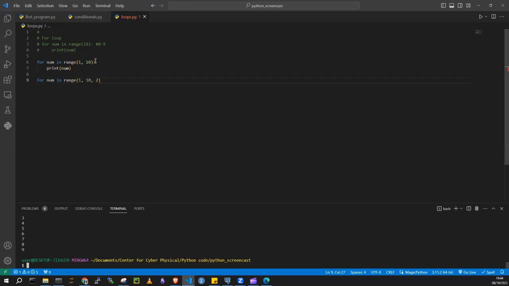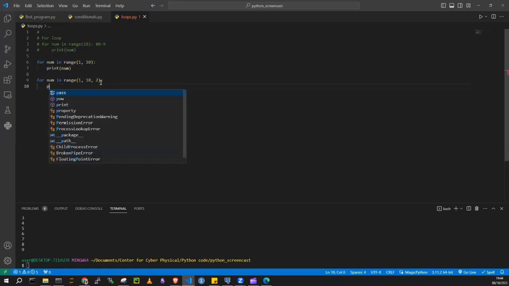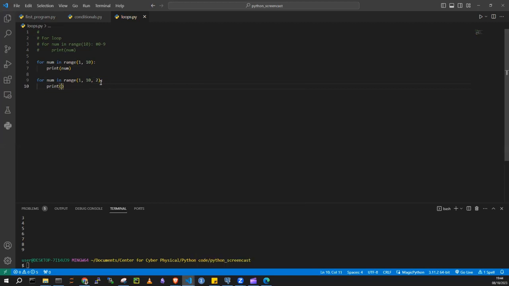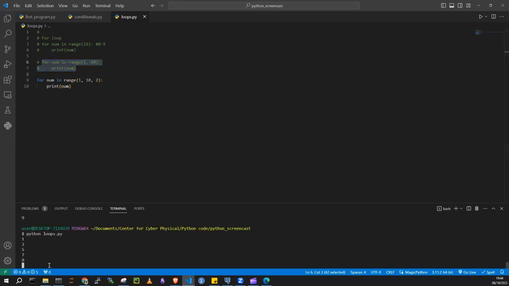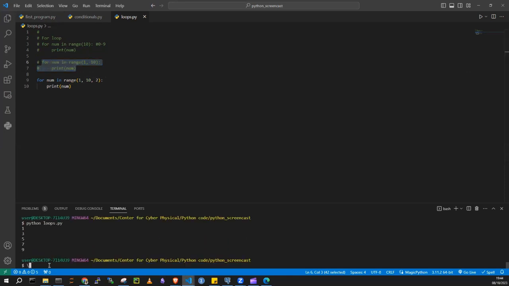Let's see. And I will comment this out, right? And okay, I forgot to put the colon and then enter. Remember the indentation or a tab space. And then I say print num. And then I'm going to comment this out, and then I'm going to run it again. And let's see. 1, 3, 5, 7, 9,